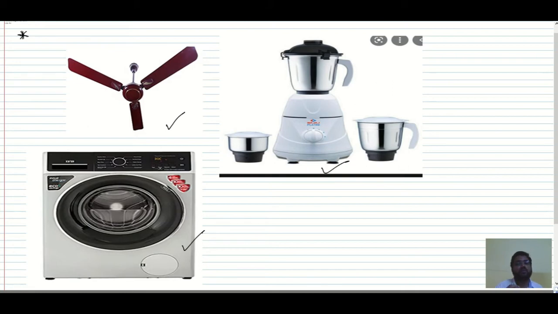Right, now in this, these are the blades which will rotate, we can say. In this, some part is there that will rotate, and in this also one part is there that will rotate, and it will dry out the clothes. Okay, now over here, what is an electric motor, we'll see. So these are the applications of the electric motor.